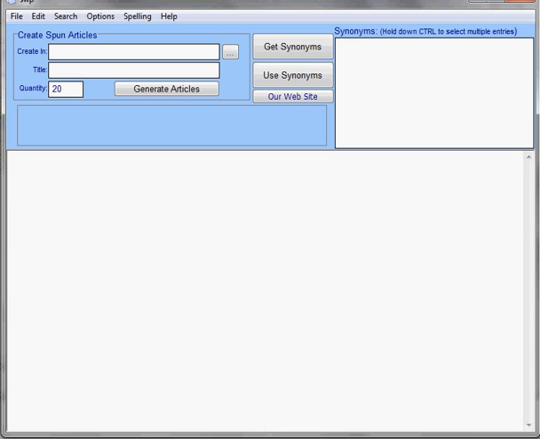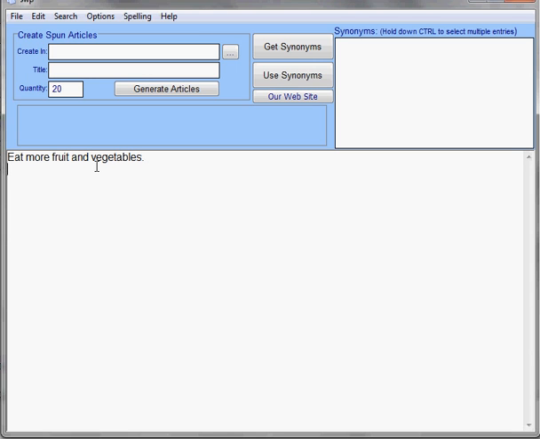So what we have here is an editor, much like WordPad or Notepad, but that has a built-in Spintax generator. The idea being, you can write an article and put in that Spintax as you go, and it will suggest words for you. So let's show you briefly what I mean by that. So let's say we were going to write an article and it was going to be called Eat More Fruit and